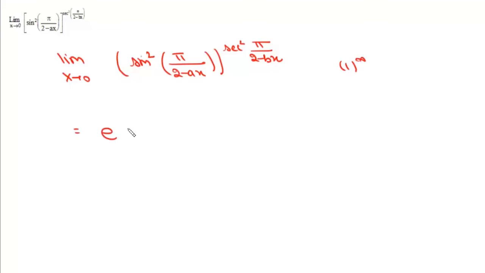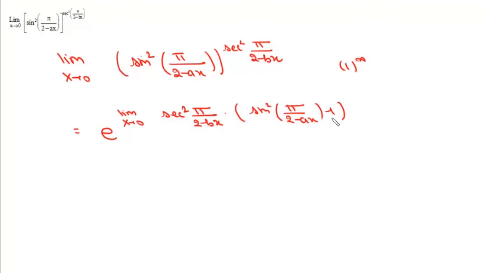We'll directly use the shortcut, so it will be the limit as x tends to 0 of secant square (pi/2 minus bx) times sine square (pi/2 minus ax) minus 1. Now sine square theta minus 1 is minus cos square theta, and we write the secant in terms of cos as well. So it will be e to the power minus, and then the limit as x tends to 0